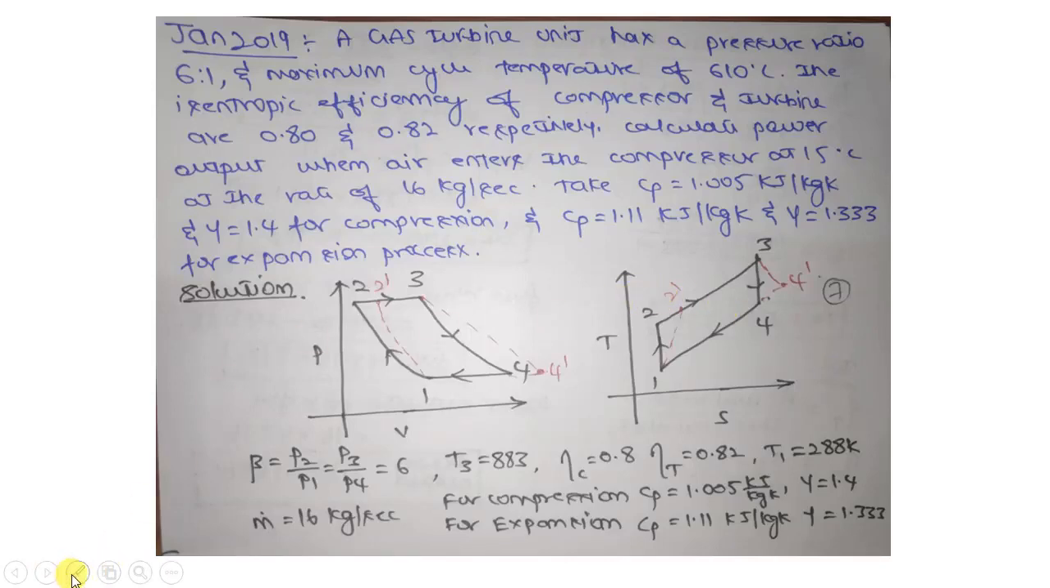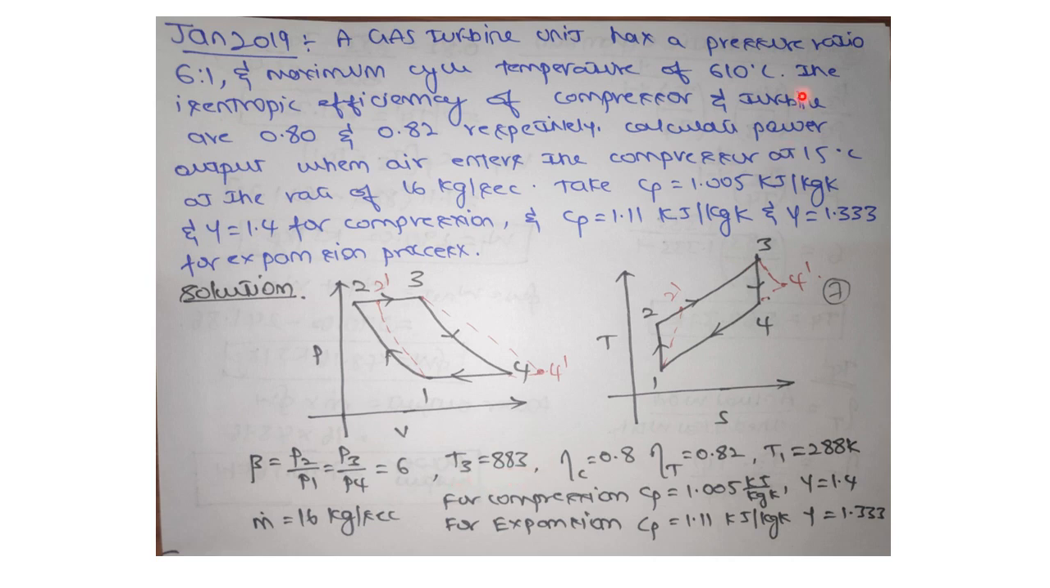Hello everyone. So today we shall discuss problems on the Brayton cycle. We shall take an example problem from Jan 2019 which says as follows. A gas turbine unit has a pressure ratio of 6, that means P2 by P1 or P3 by P4 is given as 6. The maximum cycle temperature is 610, that is T3, converted into Kelvin, it is